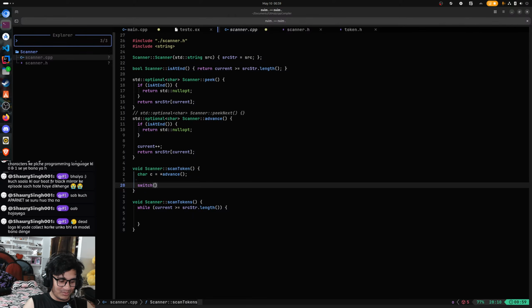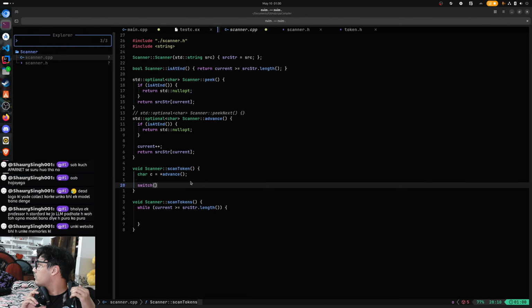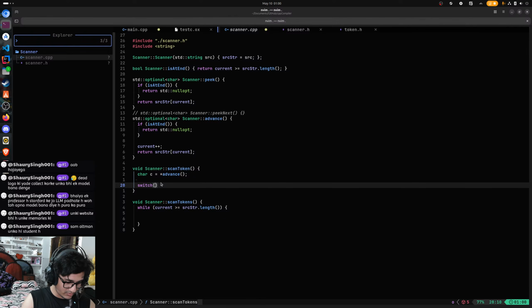लोगों की यादें कलेक्ट करके उनका भी मॉडल बना देंगे। भाई कह नहीं सकते कितना दूर है ये चीज़, बट इट मे बी पॉसिबल यार। सैनफोर्ड के प्रोफेसर, मतलब उन्होंने स्क्रैच से अपना पूरा मॉडल क्रिएट किया। कहाँ से आ रहा है, एक सेकेंड। बारिश तो नहीं आ रही। नो, उनकी वेबसाइट भी है, उनके मेमोरीज की, जो पूरी अपनी बायोग्राफी लिख रहे होंगे उसमें। सैम अल्टमैन उनका स्टूडेंट है। नाम क्या है उनका? नेम ऑफ द प्रोफेसर।